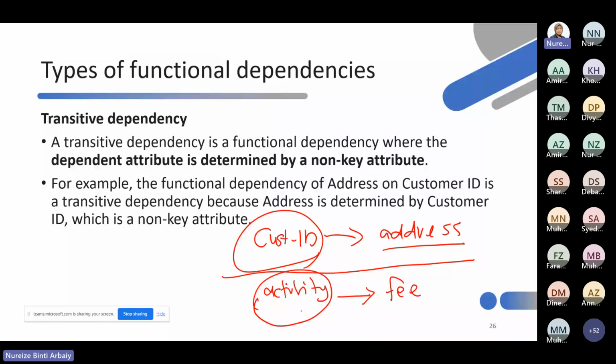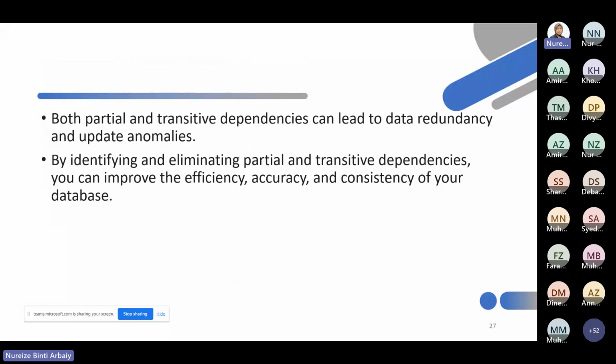Okay, so both partial and transitive dependency can lead to data redundancy, yes, we know, and update anomalies. Not only update, but all the three anomalies. So by identifying and eliminating partial and transitive dependency, you can improve the efficiency, accuracy, and consistency of your database. So by looking into this summary, that data normalization,